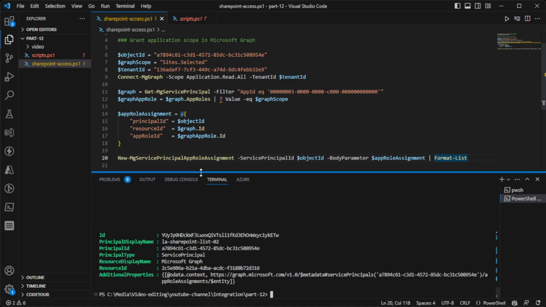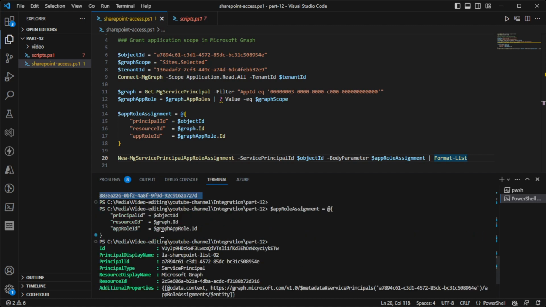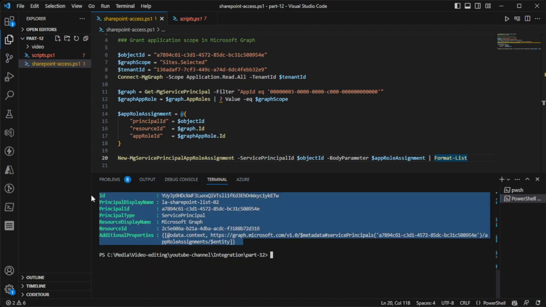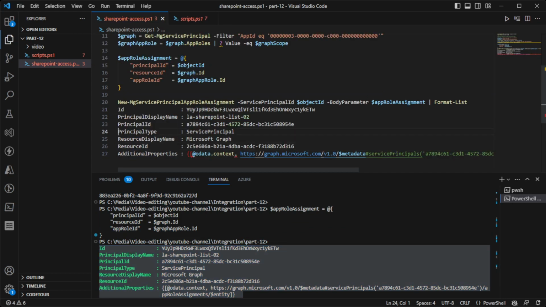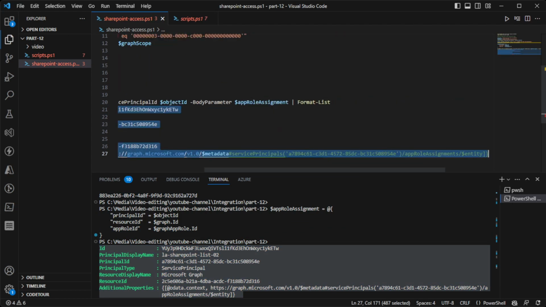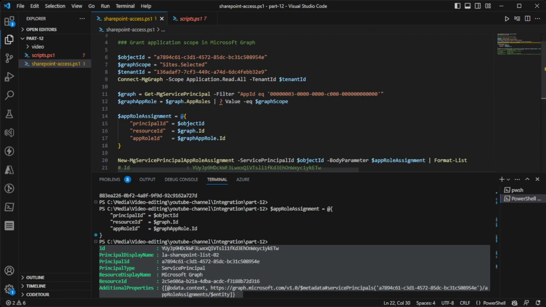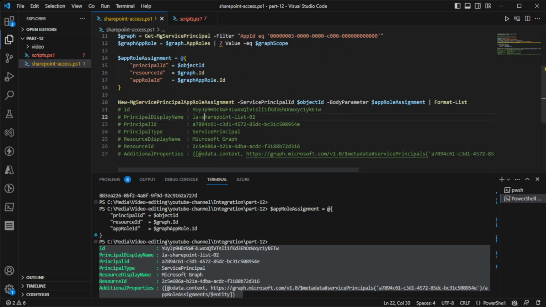Okay, here they are. So I just can copy this. And this is the successful result of the execution of this command, which assigns the sites selected scope to the logic app service principal,